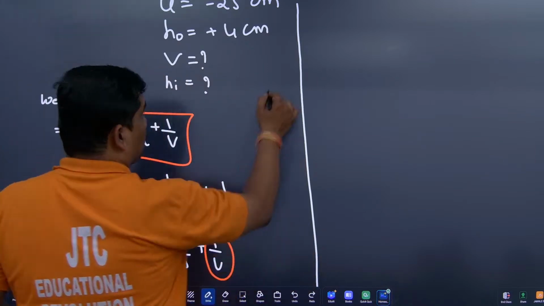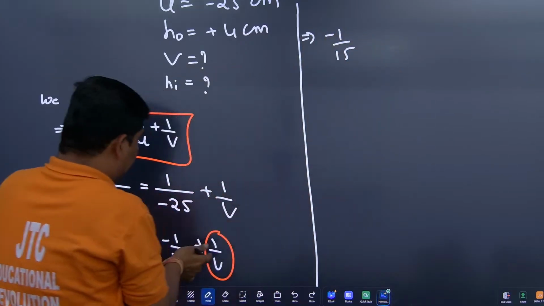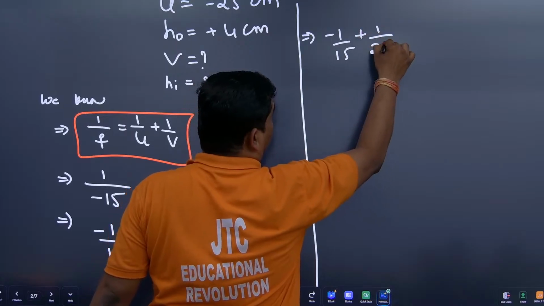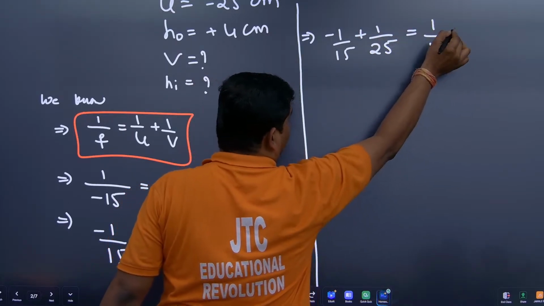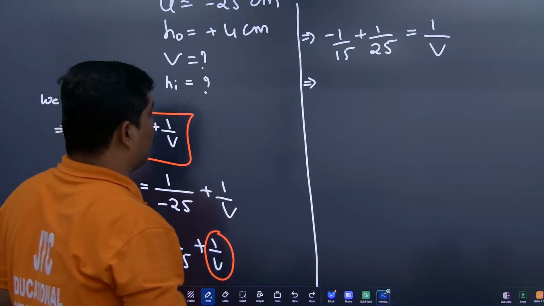राइट, तो -1/15, ये -1/25 को लेफ्ट में लाएंगे तो माइनस जाके क्या बनेगा? प्लस। ओके, ये 1/v वैसे का वैसे। अब एलसीएम लेंगे।